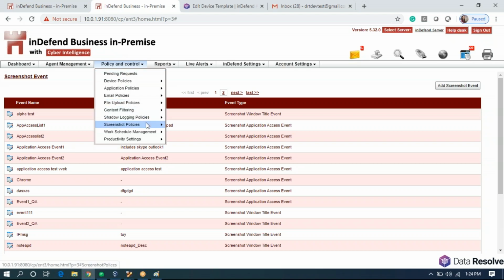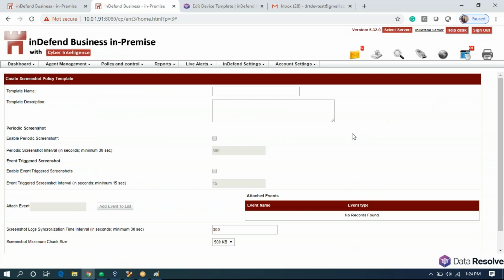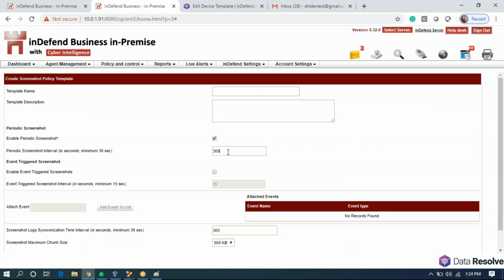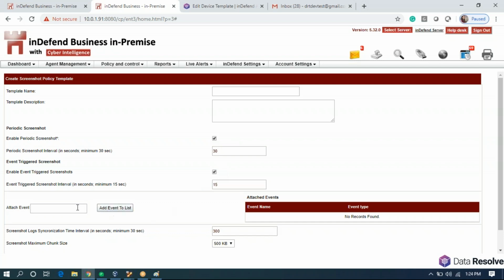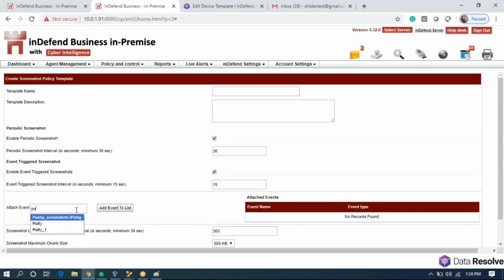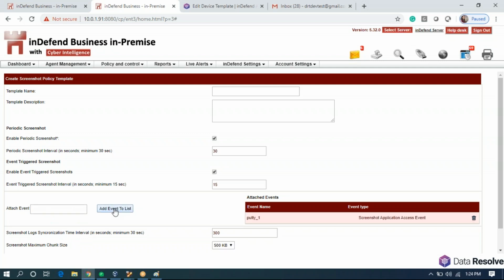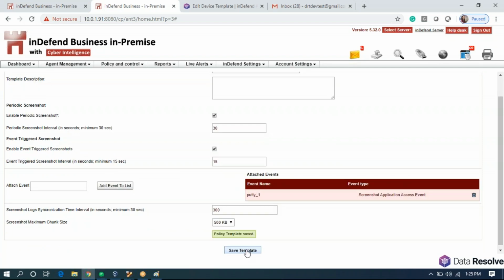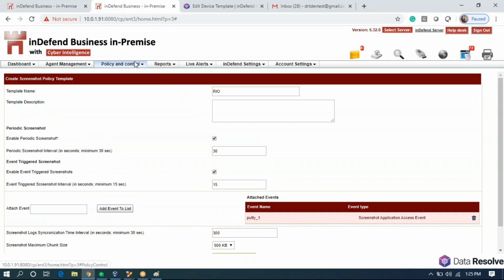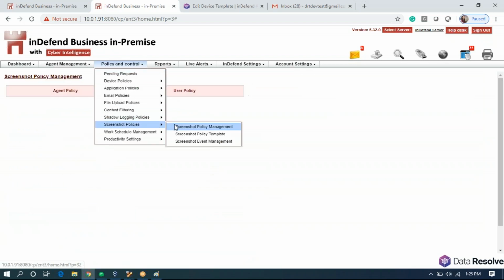We'll again go to screenshot policy template. We will create a new template. We will enable periodic screenshots for every 30 seconds, event triggered for every 15 seconds, and we will add putty underscore one template under event triggered based policies. I'll save this template and apply it on our system.